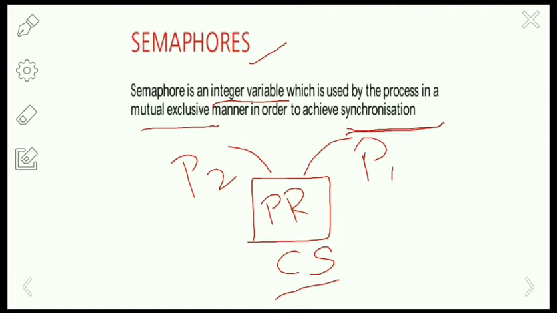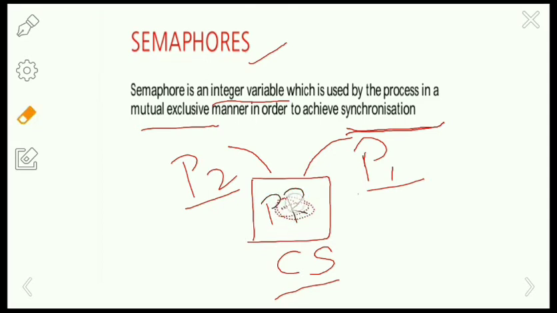Similarly, if two persons are performing transactions on the same account, then what will happen here? The data will be inconsistent. Sometimes some of the amount will be deducted from the bank account and it will be credited back to you after some time, if there are any transaction failures like that.